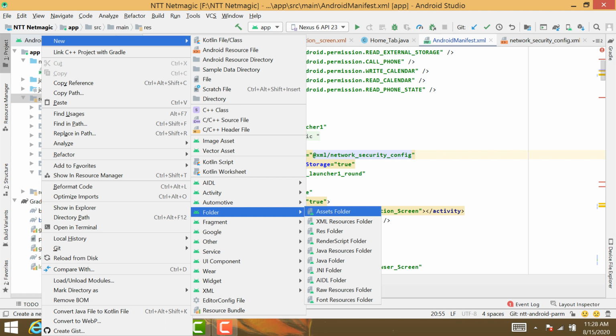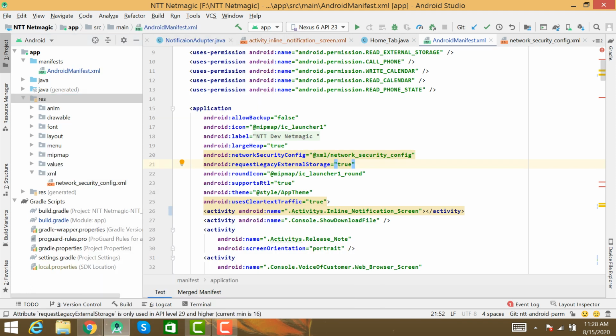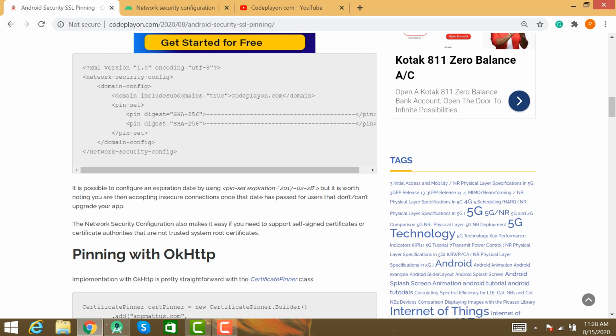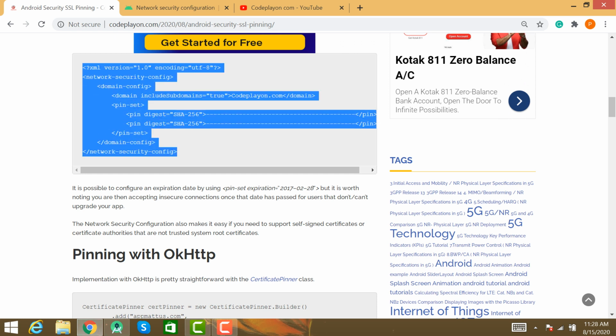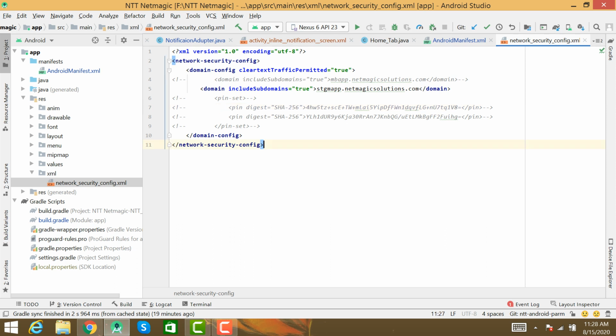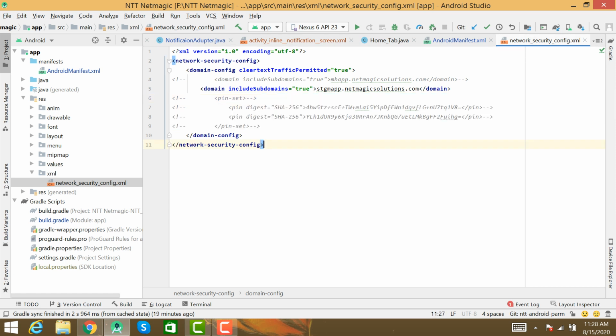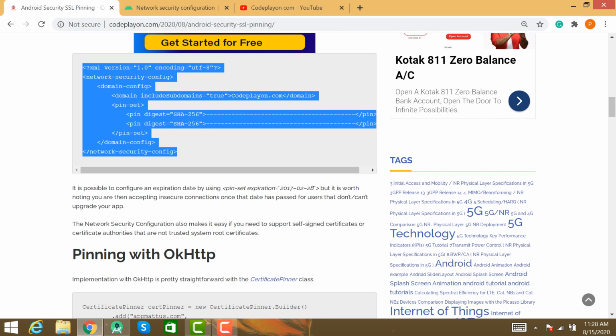In the xml folder you can create an XML file, network security configuration. In network security configuration you just copy this code and paste it, and after pasting you can change your domain name and your pin set, just like this, and run your application successfully.